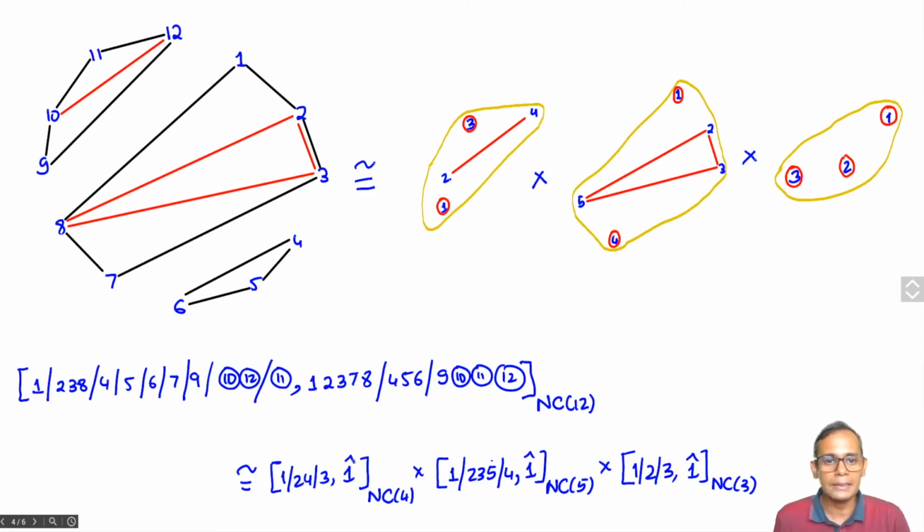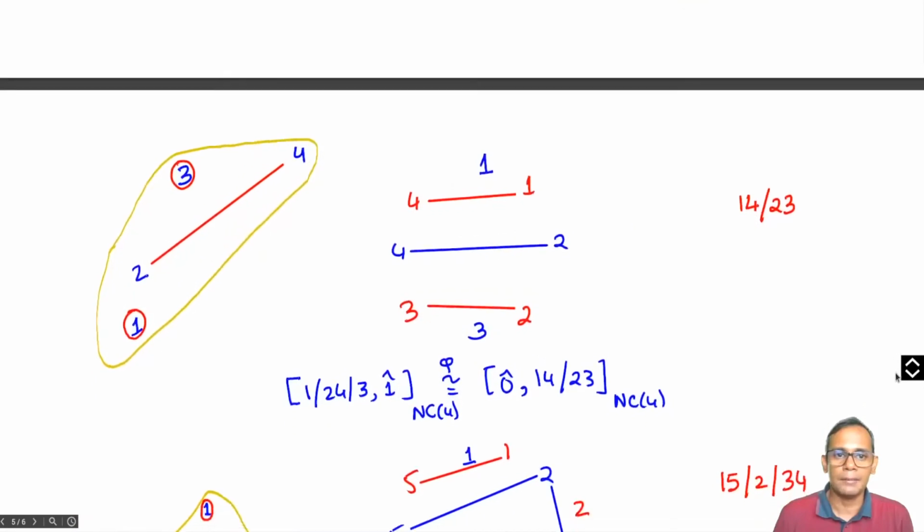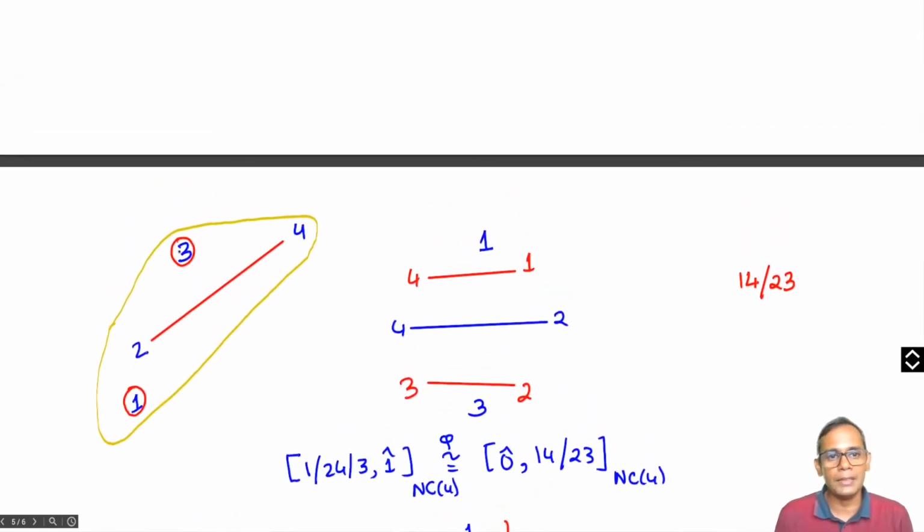You can show that these things will not always decompose the way they would if we were working with set partitions, as I showed you already at the beginning of this lecture in an example in NC4. So what we do is we use the order reversing function phi on the set partitions. So here I'm going to apply phi to the first set partition with 4 parts, 1 2 3 4. I'm just rearranging it. 2 and 4 were joined by a line in the original, and now I write 1 2 3 4 again in a staggered form, and I find that phi of 1 2 4 3 is 1 4 2 3, and